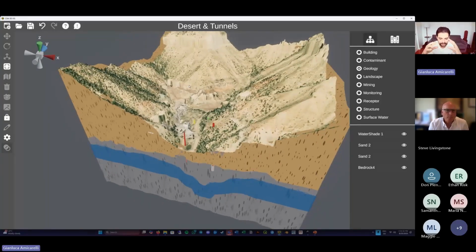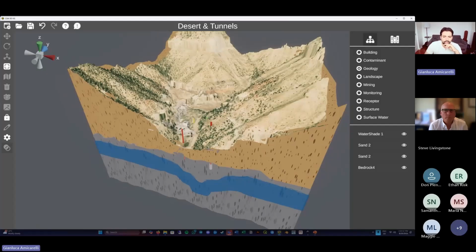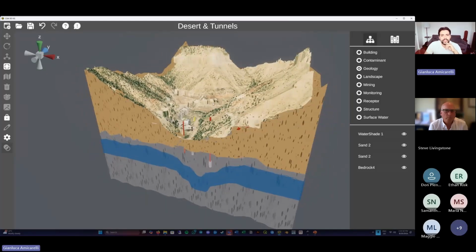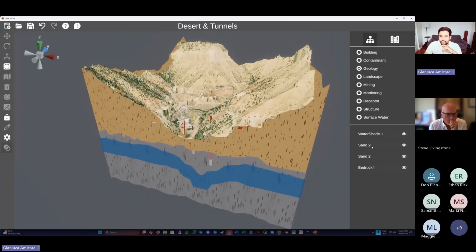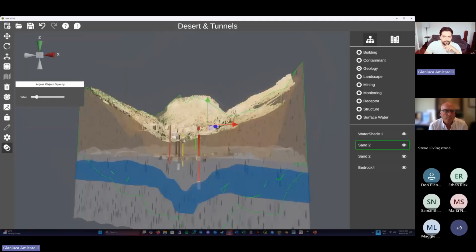CSM has the ability of getting a TIFF file that usually comes in grayscale. When you have a TIFF file imported in a GIS software, it usually uses a grayscale, but if you have a texture file, it takes this texture file and wraps it around the DEM, leading to this result. You can see how this alone is very visual, but then of course we can go and change transparency, and then we can visualize